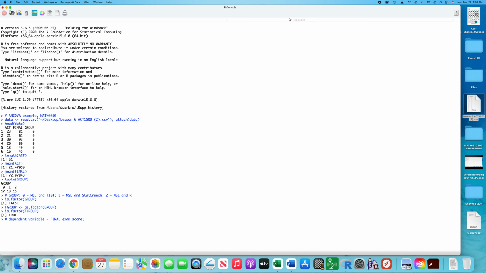My independent variable is now going to be F group because it's where I have the factor. And my covariate is going to be the ACT math subscore. So I want to see, controlling for entering achievement level, which I've measured using the ACT math subscore, if there's any difference in final exam score. All right, so we're